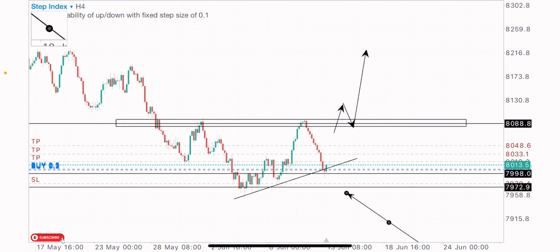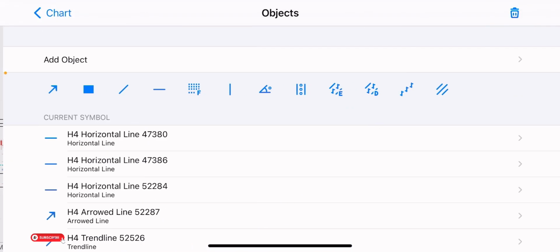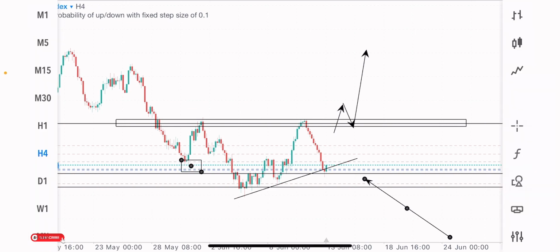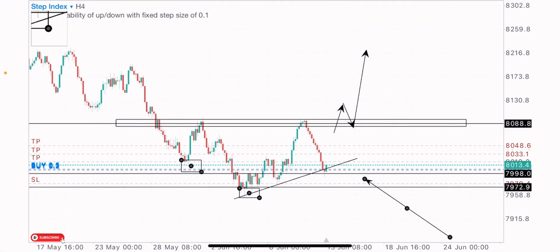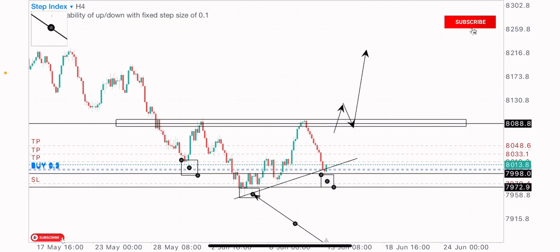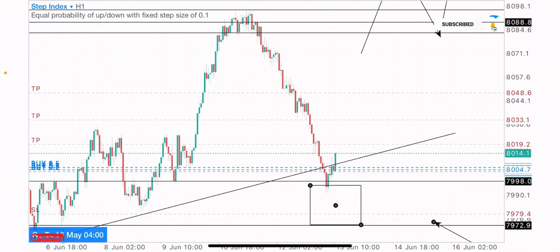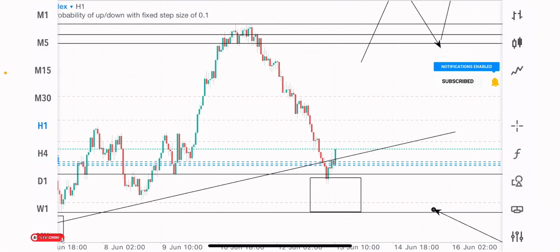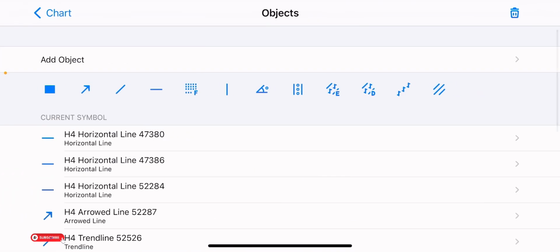This reversal pattern formation would be an inverted head and shoulders pattern formation, getting the left shoulder formation here, the head which would be at this point, and the right shoulder which is currently forming, which I got into the trade on, which I took my buys on. So this pattern formation is a bullish reversal pattern formation. Once price gives the bullish move to the upside, we could get a possible break of this level, which would turn to the neckline of this reversal pattern formation. This is the left shoulder here, the head, and the right shoulder. So I'm expecting more buys on step index basically. On the 4-hour time frame, we got a nice bullish structure.